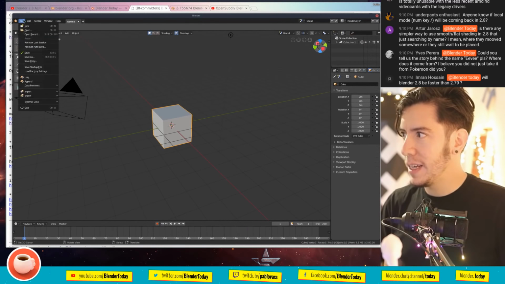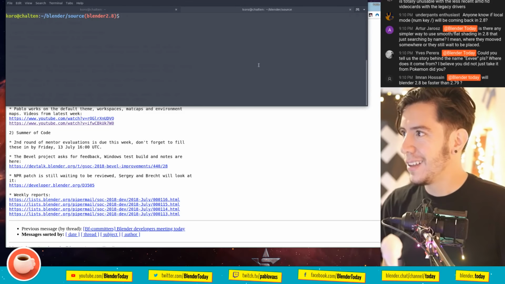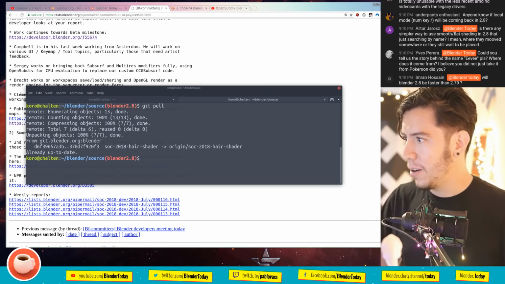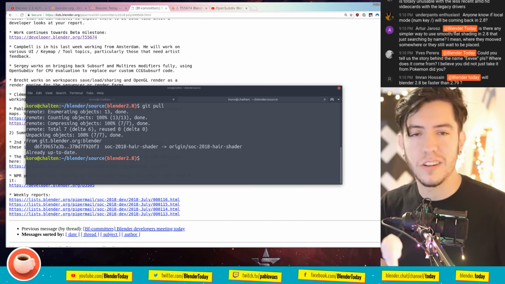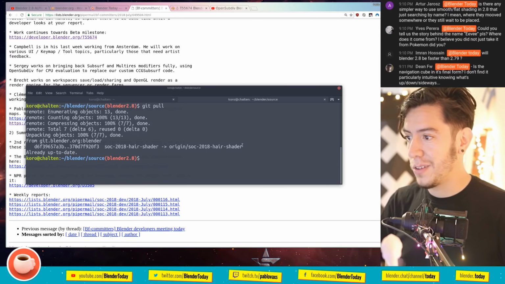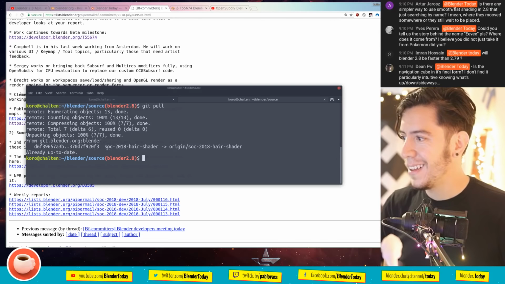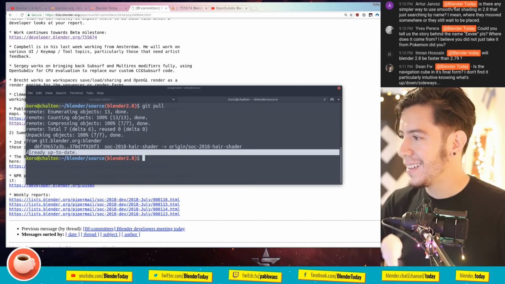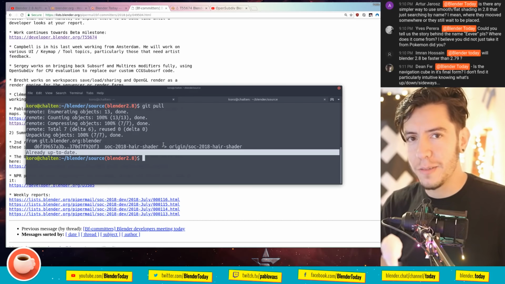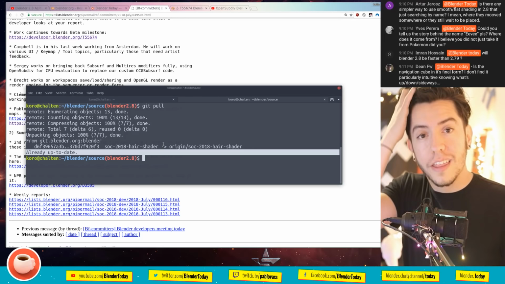So this is basically the default theme. Oh yeah, let's do the test. I'm here on the Blender source, and I'm going to do git pull, and hopefully, okay, it's a change in the branch. Actually, it's already up to date. So the Summer of Code hair shader has some improvements. Actually, after the beta, when the Summer of Code projects are a bit more advanced, I'm going to compile them, and we're going to see the changes together here in Blender.